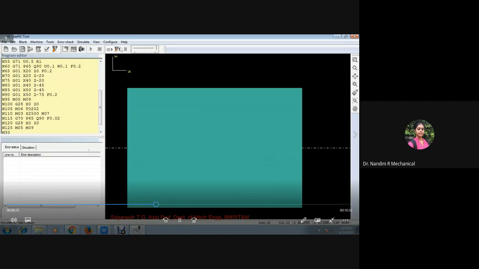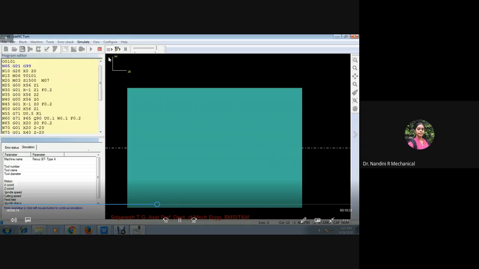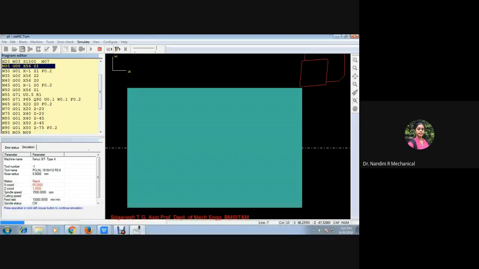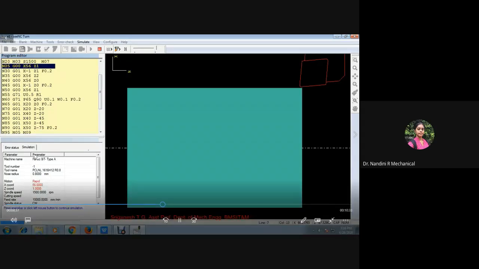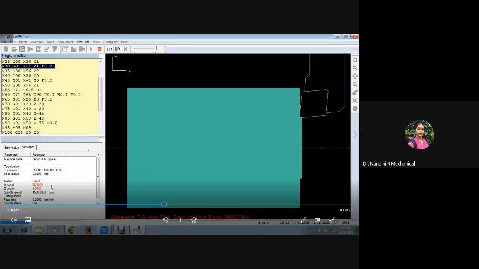These are the tools used to check the motion of the tool while operating. Now when it has been clicked, it will start with the first rough turning operation. When you click on each command, it will show you the simulation parameters being used.